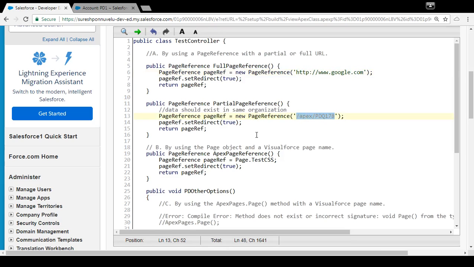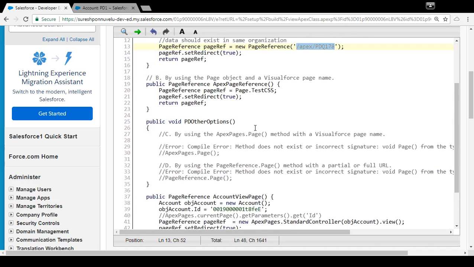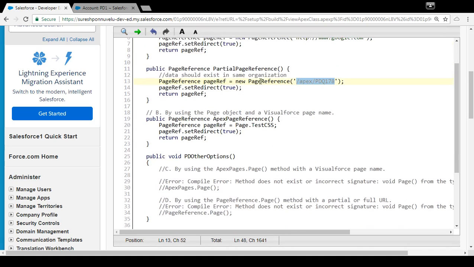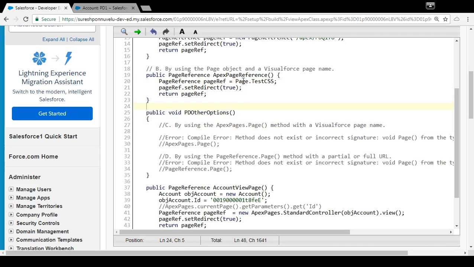So that one was option A. And option B was, instead of using PageReference and redirecting your page, you can also use the Page object, and you can refer to any page here. So this is another way of navigating to a Visualforce page. So these are the two options. Options A and B are valid.